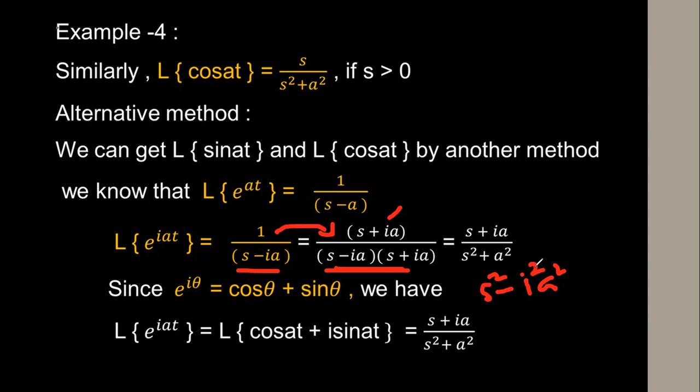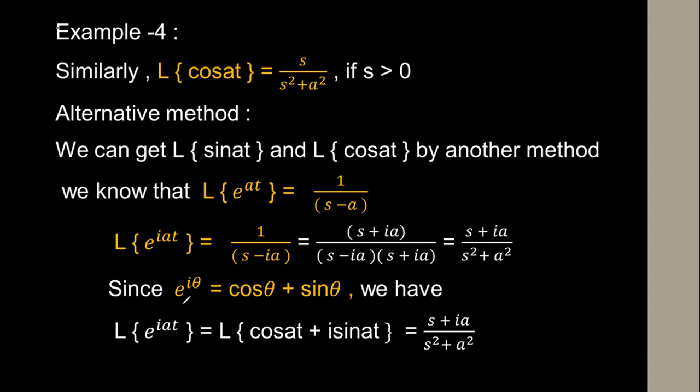So what is i square value? I square value is nothing but minus 1. Minus into minus is plus. So finally we get s square plus a square. Okay, right. So again we know,